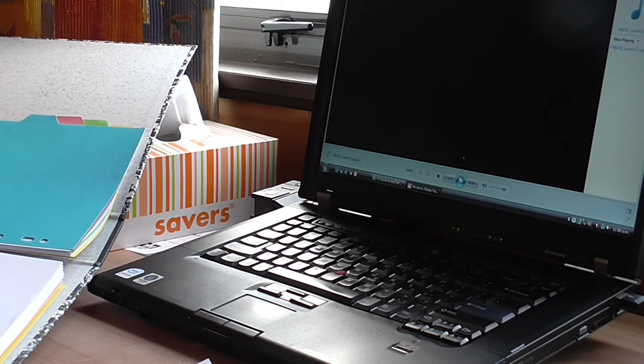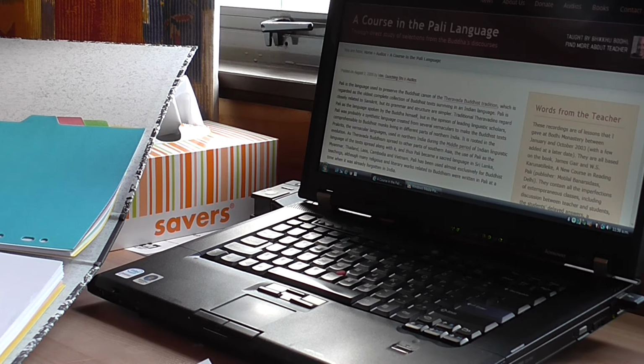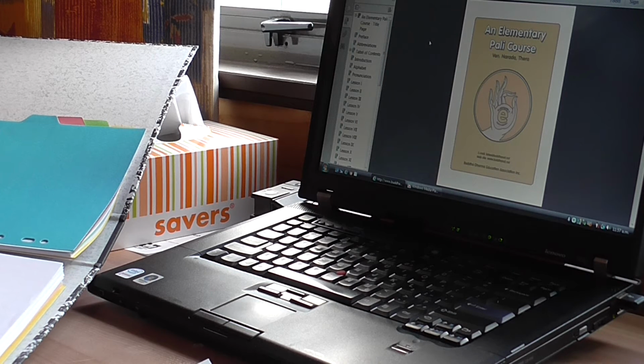Now, where I did go to when I looked again on the internet was the course in the Pali language. That's that one, or the Pali course, that one, which is an elementary Pali course. So this is what I'm working through at the moment, and I found it helpful to actually load the pages